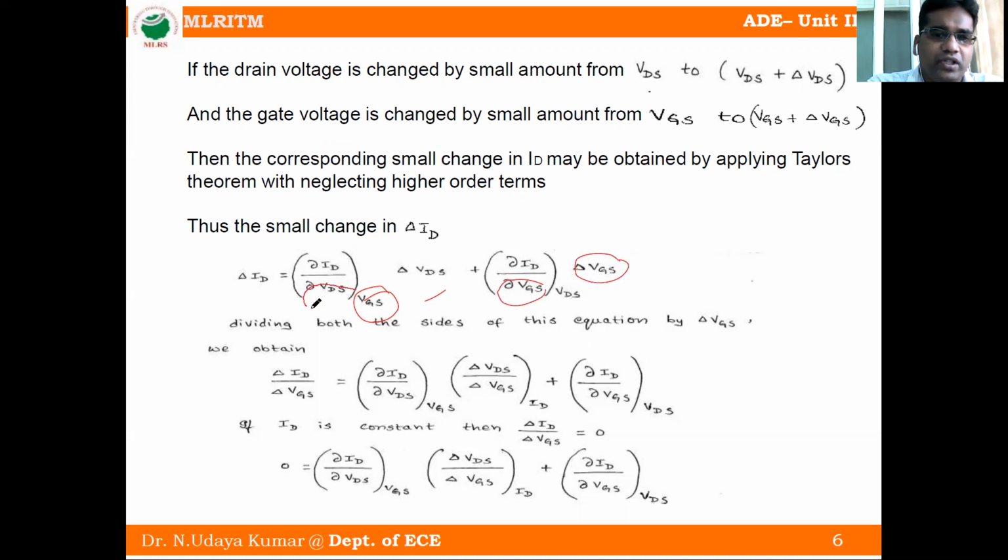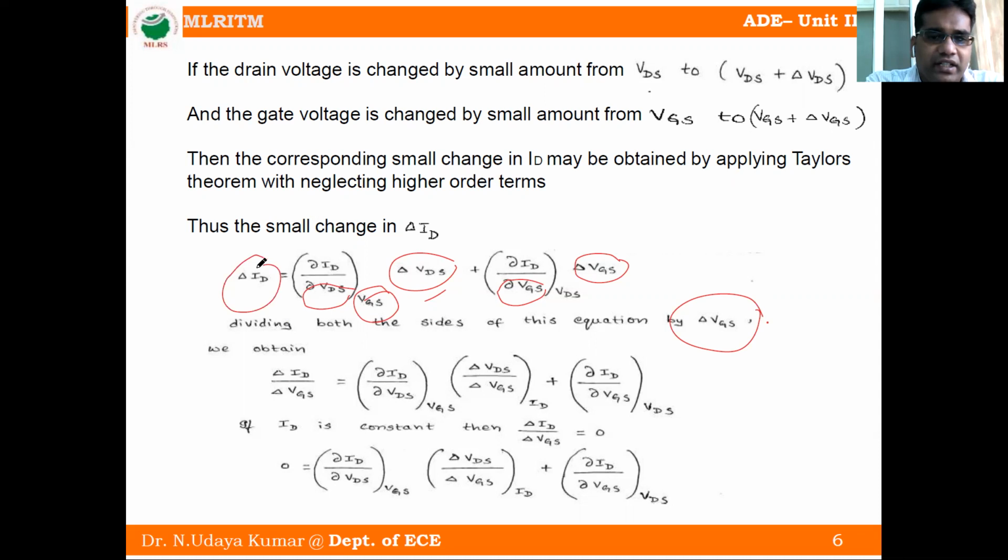Here also the denominator term dou VDS and change in VDS are both the same. So dividing both sides of the equation by change in VGS, we obtain